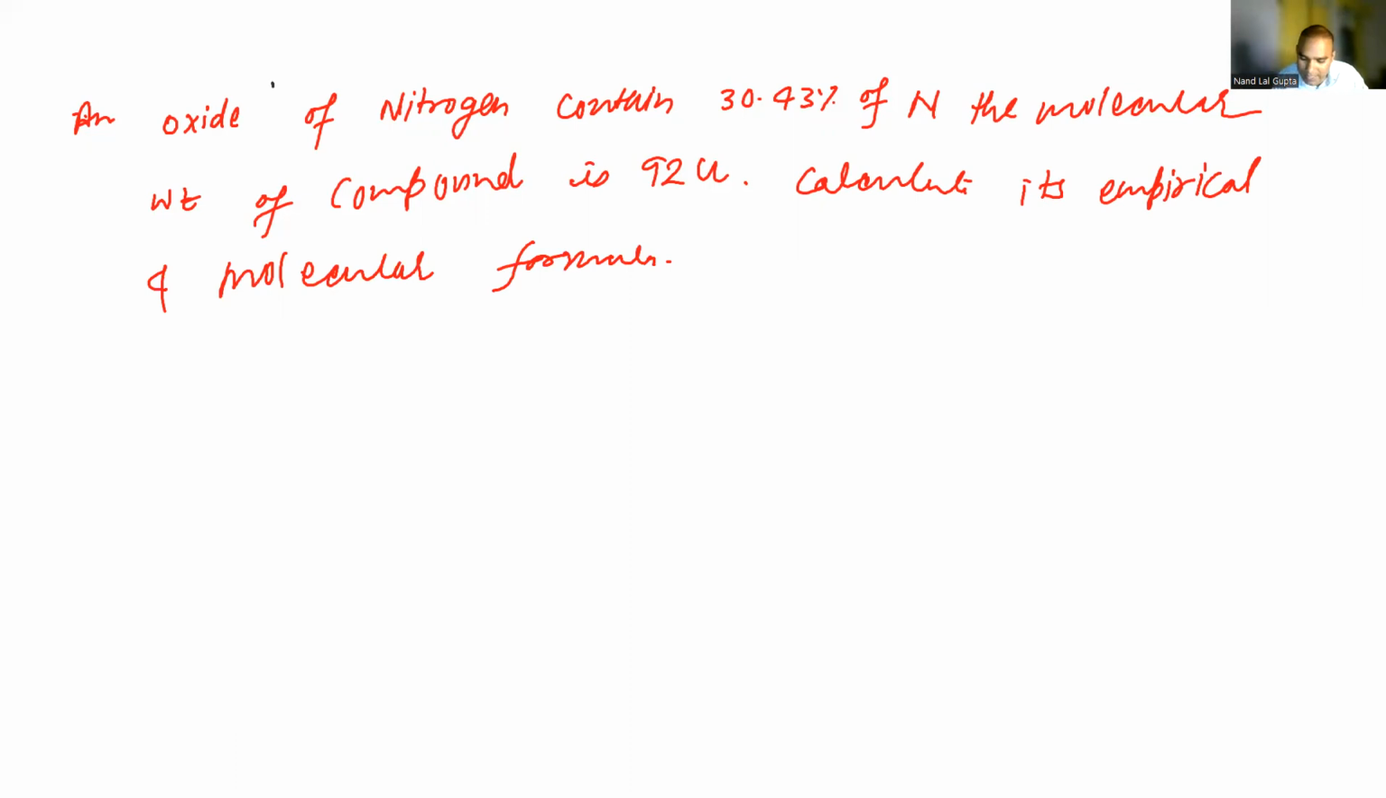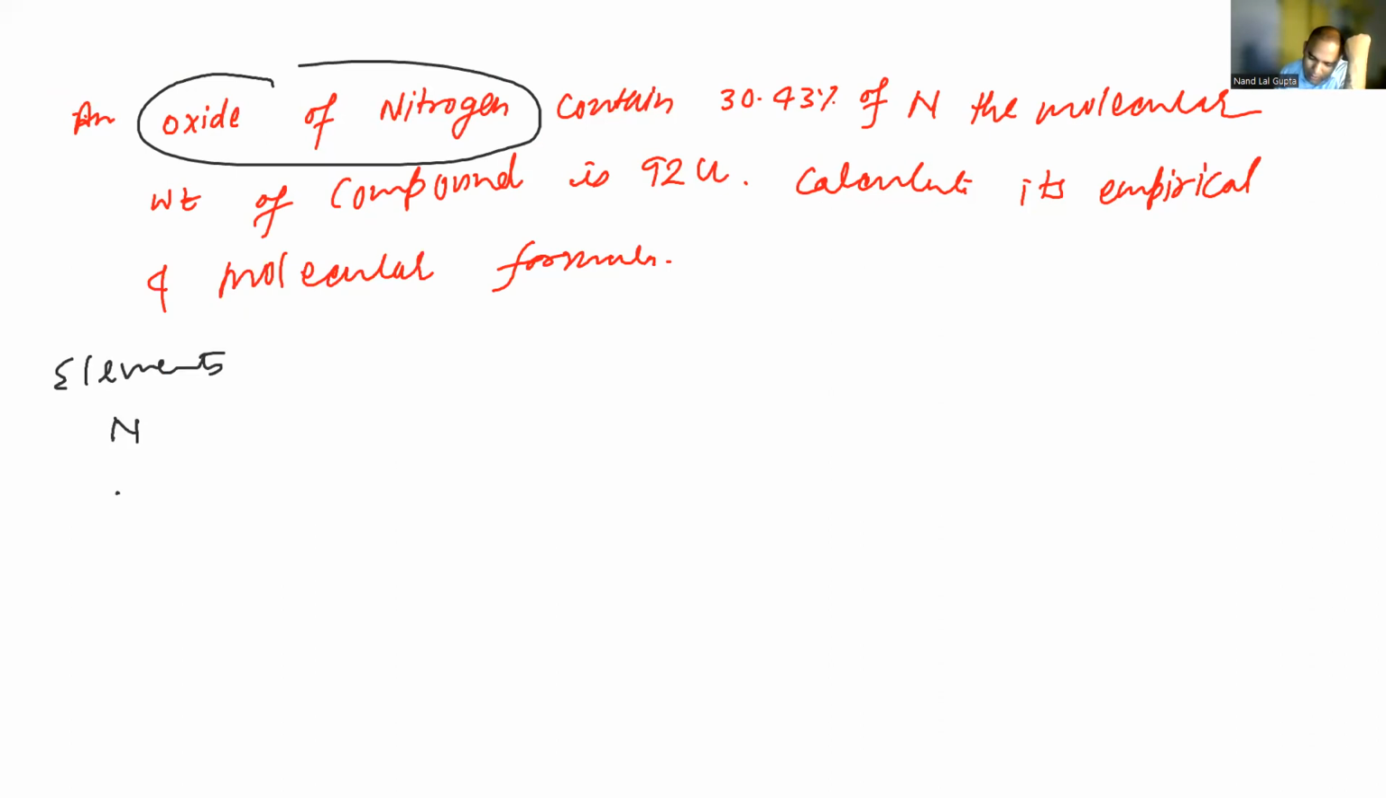Arav, an oxide of nitrogen. It means what elements are there? Can you guess which elements will be there? If it is the oxide of nitrogen, then nitrogen and oxygen. So here, Arav, I am writing elements: nitrogen and oxygen. In the second column, percentage. Total percent, always for any compound, is 100%. So out of 100%,